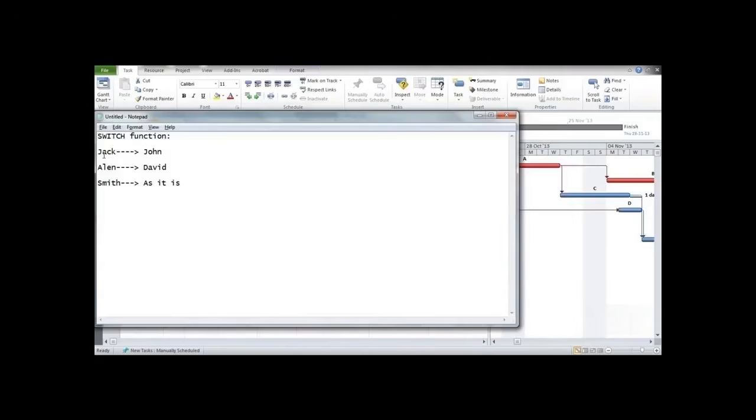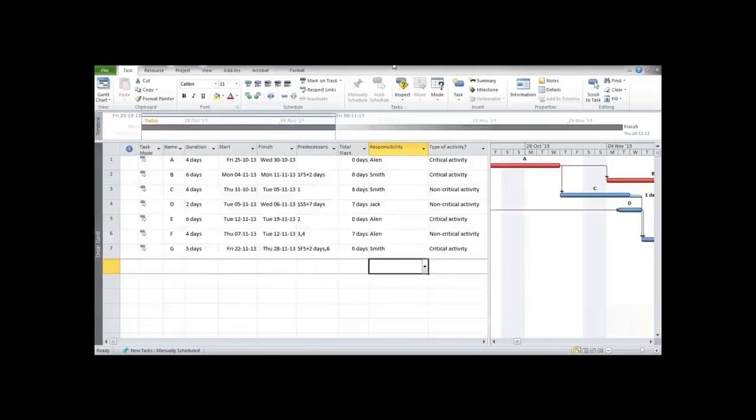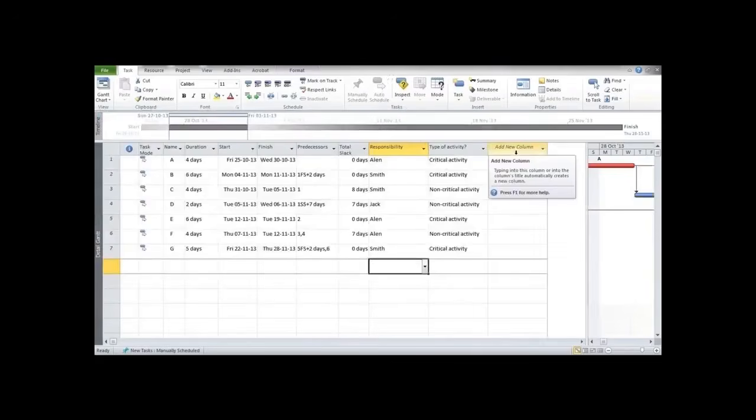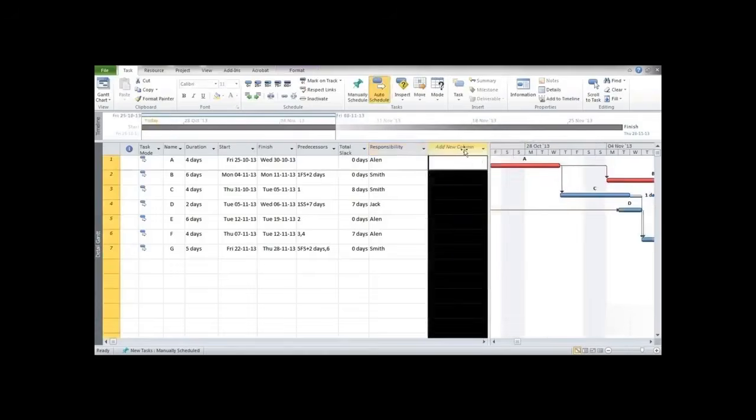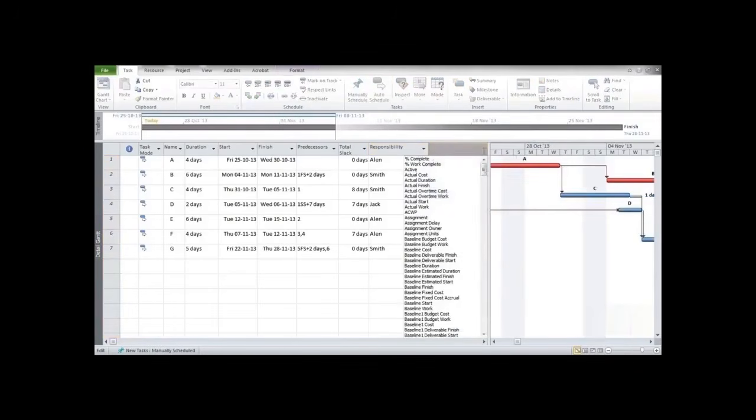The simplest way is to switch. What the switch function does is it would directly switch Jack to John wherever it is found in the respective column that is being selected. So let's do it. For that, let's say we need to put that column as a new responsibility. So this is not required, so I'm hiding it at this moment. Now in add column, so we select text